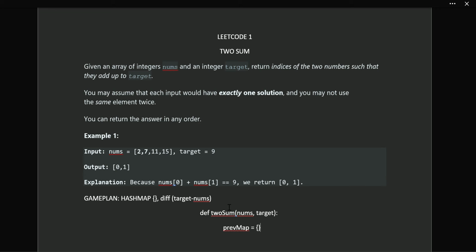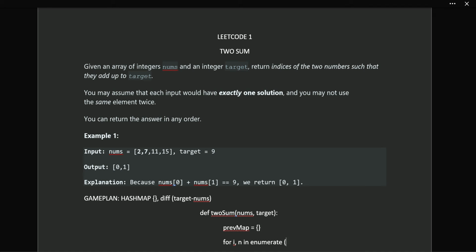So I'm going to call it prevMap, just previous map. So what we've already gone through previously. I'm setting it equal to an empty dictionary here. And then I'm just going to do a for loop. Again, if you're struggling with where to start on a problem, you might want to write down a for loop, because you're probably going to do a for loop at some point and at least get something on the board and get you going. Like 99.999% of the time you're going to be utilizing a for loop. So let's go for i, comma, n in